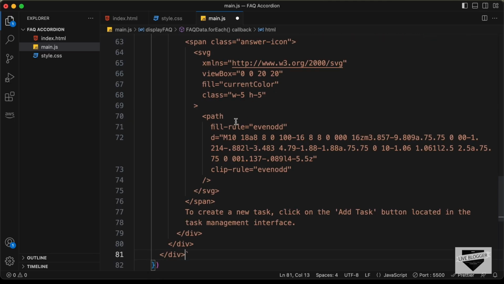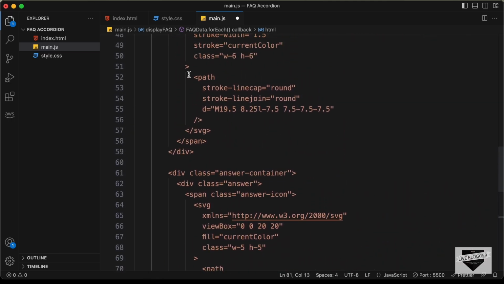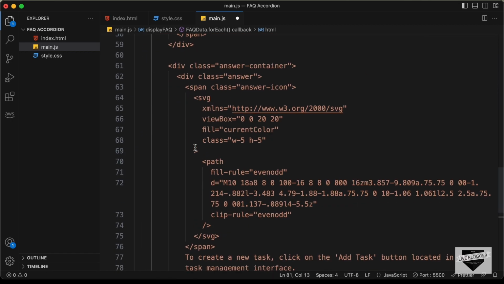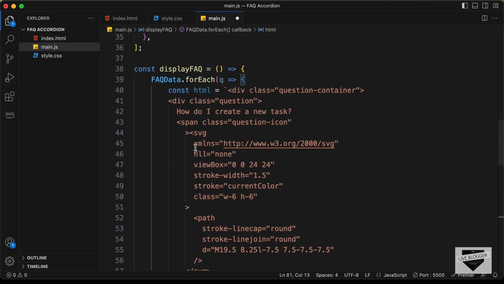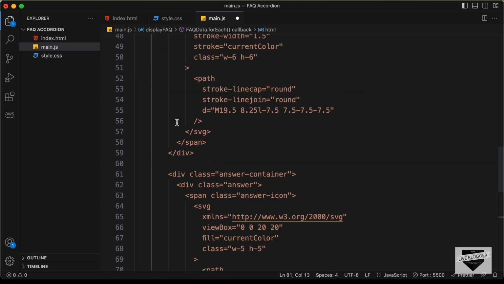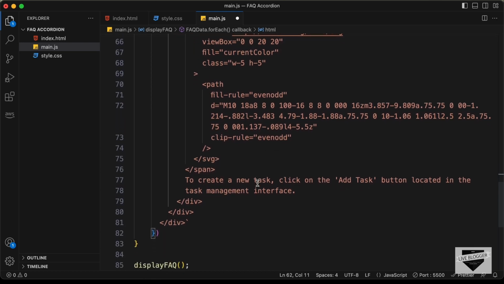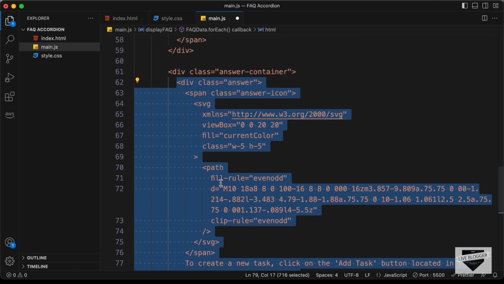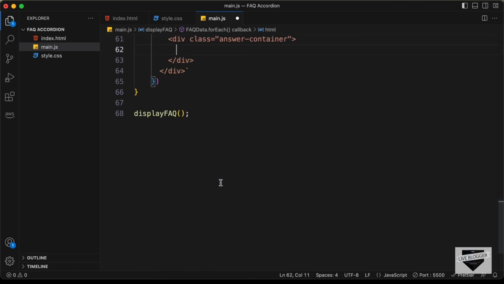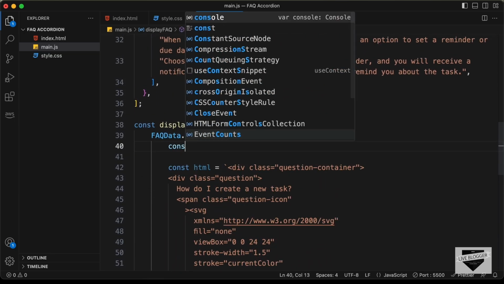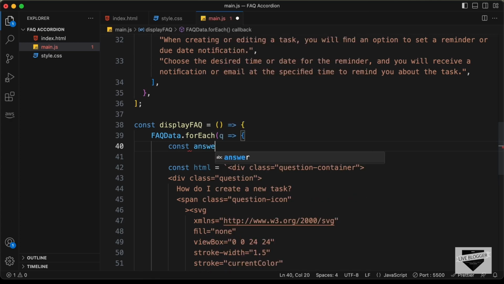Now if we take a look at this, we can see that we have an array for the answer. So what we need to do is we need to loop through the answer as well. So I'll just create the answer as a separate code. So I'll just go ahead and cut this HTML inside the answer container. So I'll just cut this from here, and let's go ahead and create another constant. So let's create a const, and I'll just call it answer HTML,